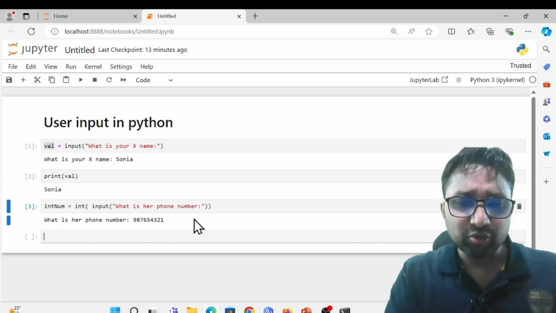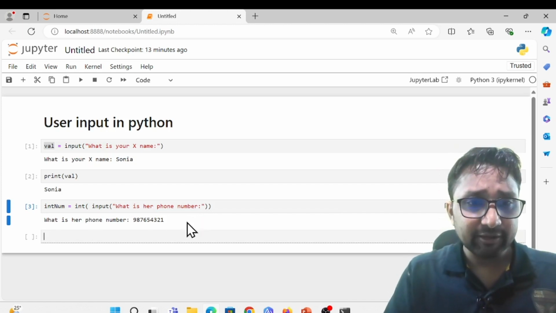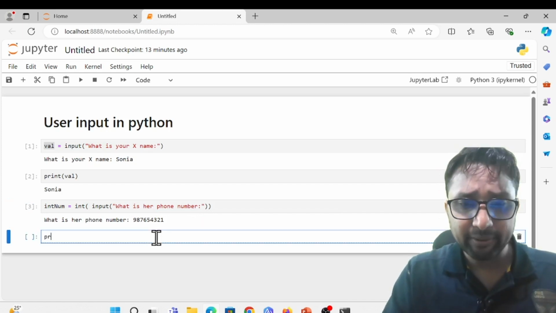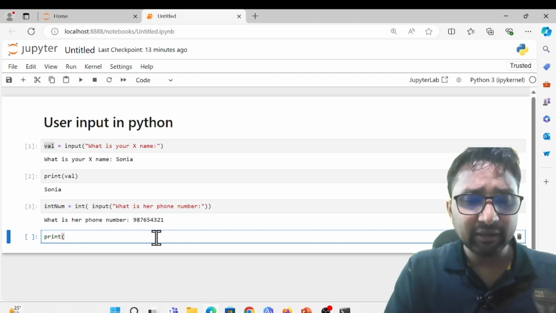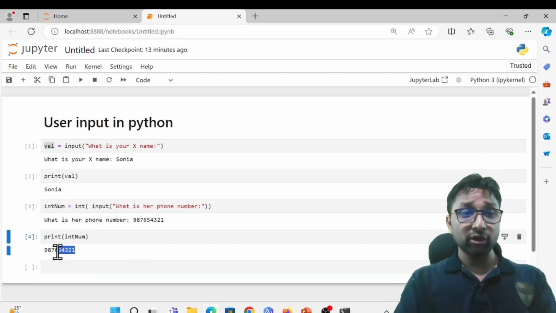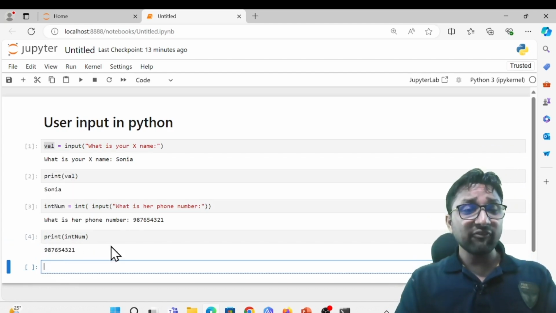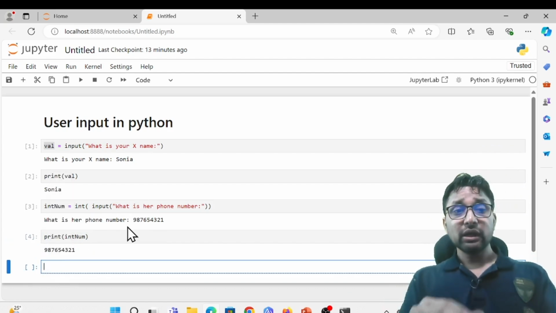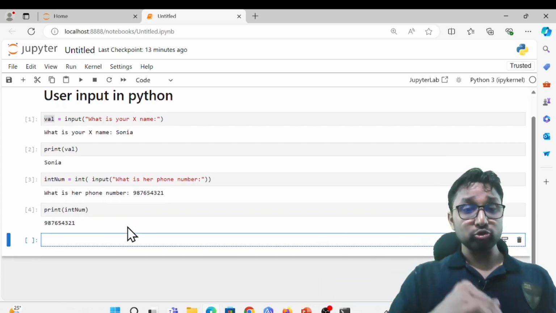Let me show you this phone number. We receive it. Let me print int num. So yes, we receive your X's phone number. Let me take the input and convert it into float also. Float